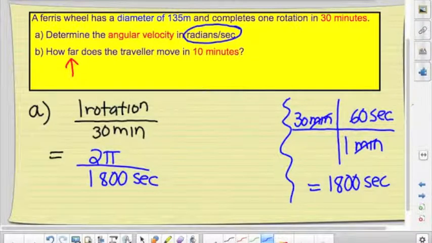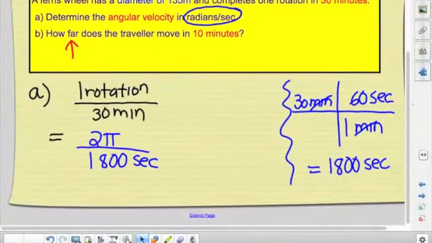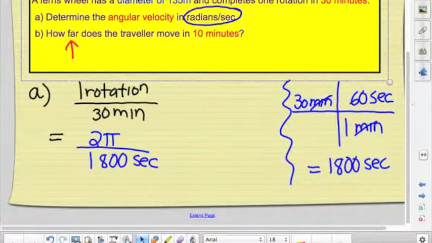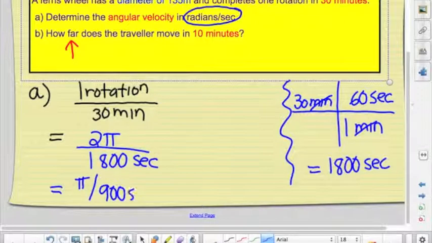This is what we're looking for, angular velocity in radians per second. But we can't leave our answer like that. We have to simplify that further. So that's going to be equivalent to pi over 900 seconds. And remember, again, we're using the pi button here, not pi equal to 180 degrees. So when you calculate that, that's